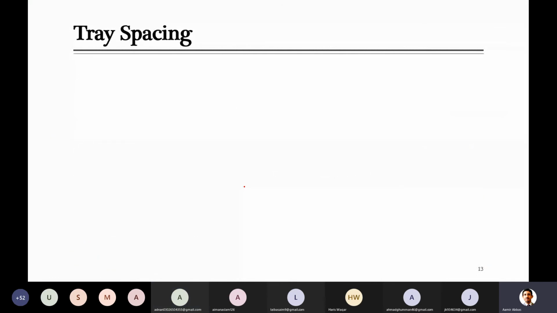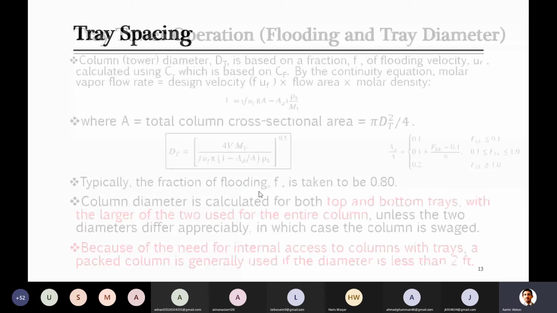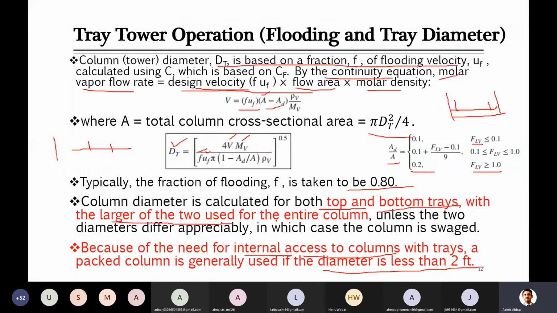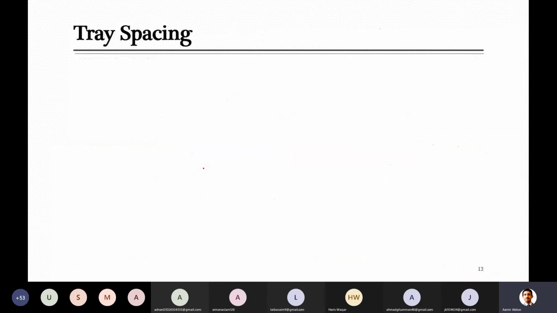Overall, when columns are installed, it is said that they should be of the same diameter, not different diameters. So this is dependent on this factor which we are calling flooding velocity. So we have to avoid the flooding. In that case, I think it will depend on the vapor velocity inside the column, and if we keep it the same throughout the column, it should be the same, but if we keep it different, then definitely there will be a difference throughout the column.